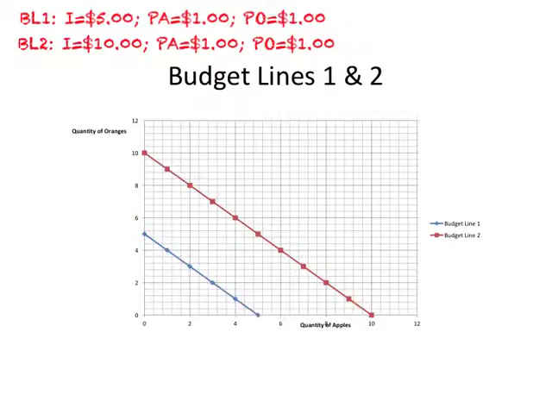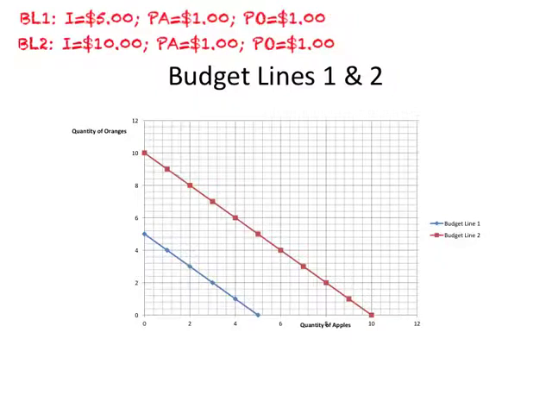This is based on the financial information that income of John is $5 and price of an apple equals price of an orange, which is $1. The red line is budget line 2, and this is based on the information that his income is now $10 and price of an apple equals price of an orange, which is $1, which is the same as we had